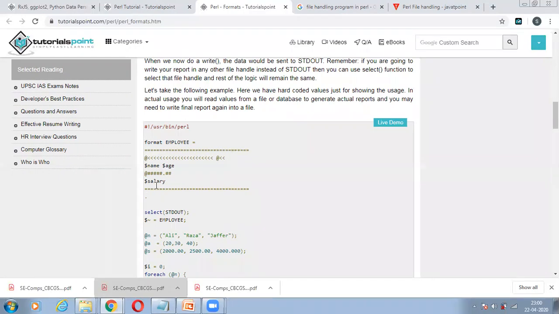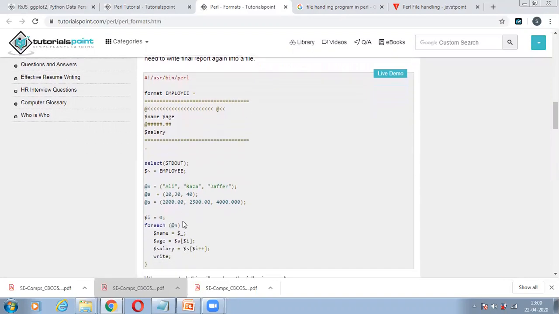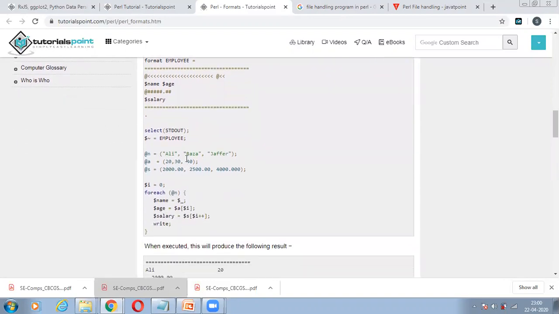So now what is format? It is saying I want to print the employee information, then I use this tilde for the standard output. Select what? Standard output. And this tilde is storing the entire information of the employee, and how this employee is falling into this category by simply applying the arrays. Each array has been running here, and whatever format we are getting is being printed over here in terms of the variable which is being called.